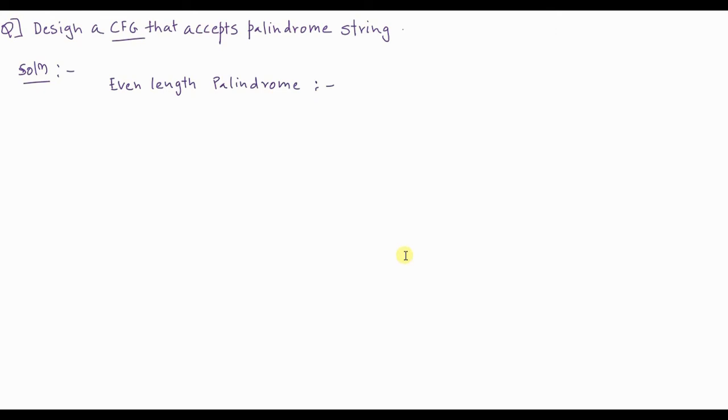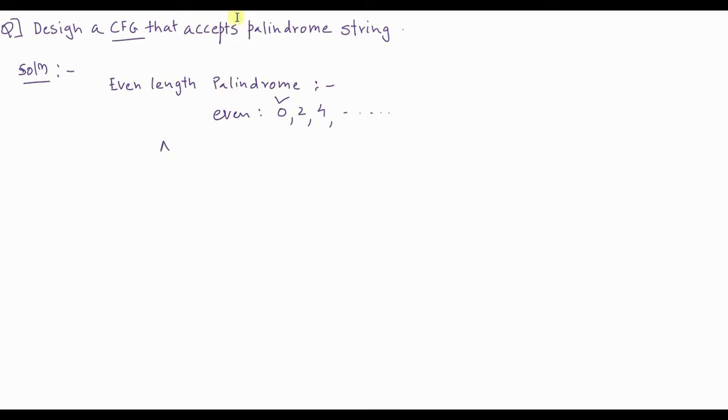Now when we are going to design an even length palindrome, when you talk about even length, even numbers are 0, 2, 4 and so on. Now what is the string with length 0? It's a null string. So null is also a palindrome because it is of even length. 0 is an even length, and when you read null from both the sides, it is still null.